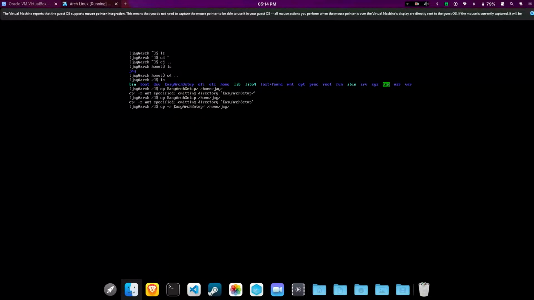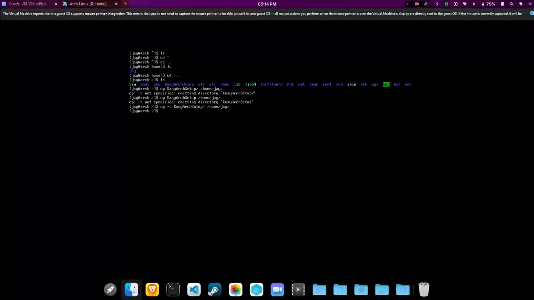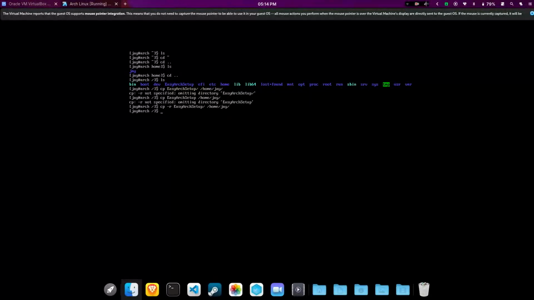Let's do this. Yeah, so that's done. Now we again just go to our root, and if we do an ls, we can see our folder is here. Nice. Now we can just do another ls, and now we will do install the drivers.